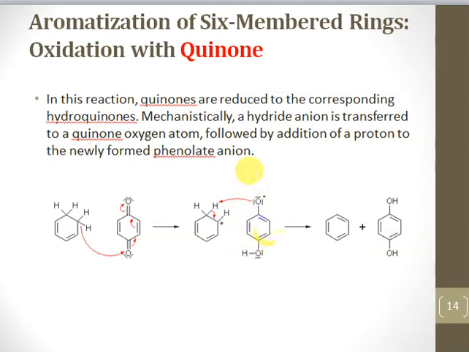Right, so this is hydroquinone. So this quinone is reduced to hydroquinone. Right, and this cyclohexadiene becomes a carbocation with positive charge on this carbon. Right, so what happens is that in order to neutralize this positive charge, the proton from the carbon which is adjacent to this carbocation, this proton